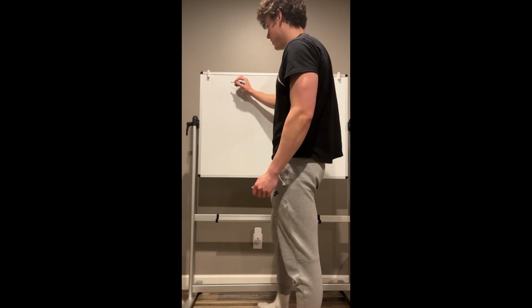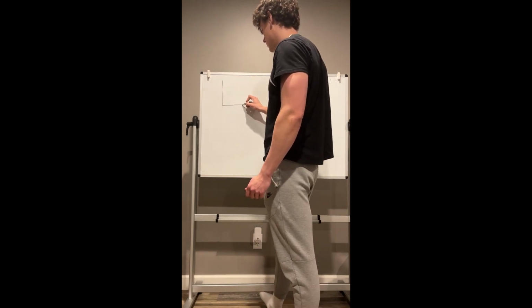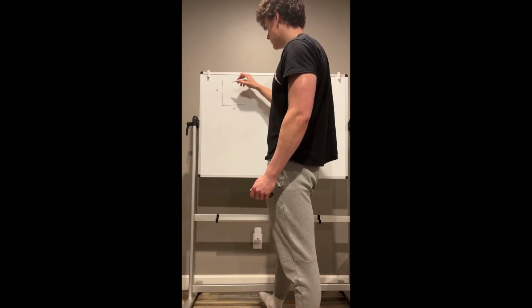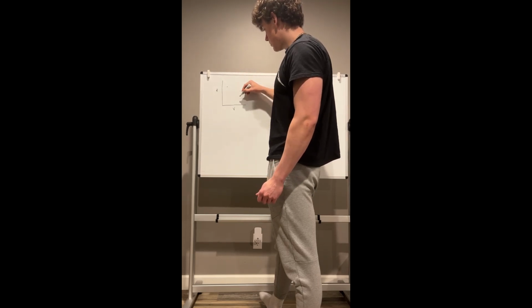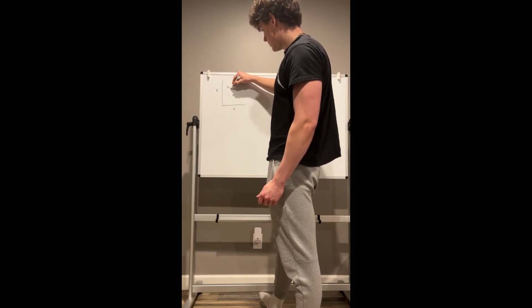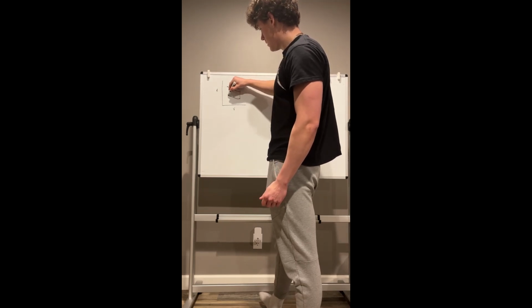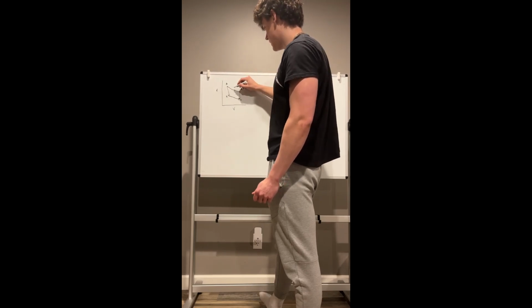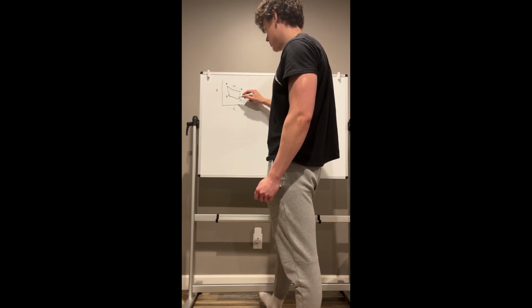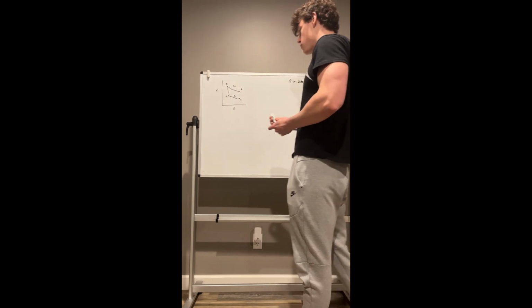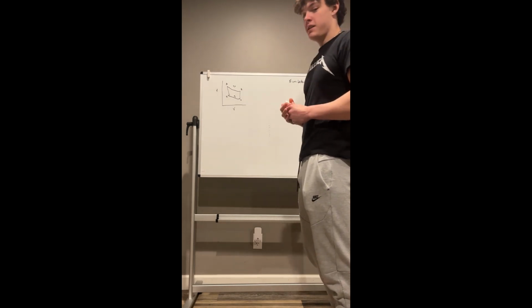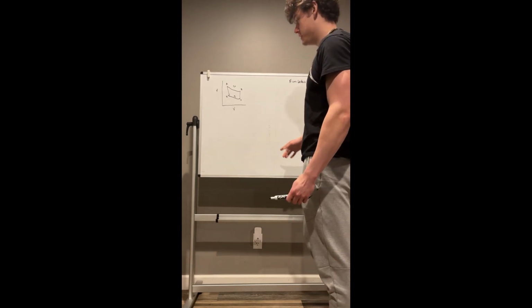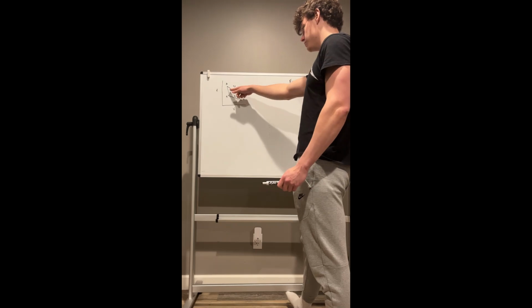So I'll start by drawing a very simple thing here. We have our PV, and we'll start with 4 points. We'll label these A, B, C, D. This is going to be our T hot, and down here will be our T cool. To get the total heat from this cycle, we're going to need to sum up all the individual parts